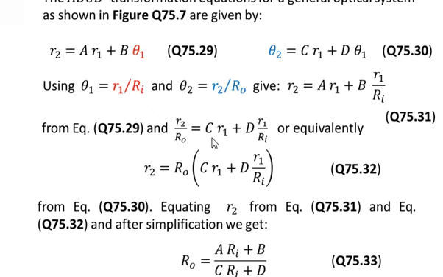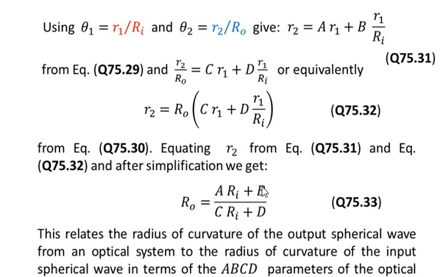R2 over R0 is equal to C times R1 plus D times R1 over Ri. And solving this equation for the value of R2, R2 is equal to R0 times C R1 plus D times R1 over Ri. From equation number 30, equating R2 from equation number 31 and equation number 32, and after simplification we obtain